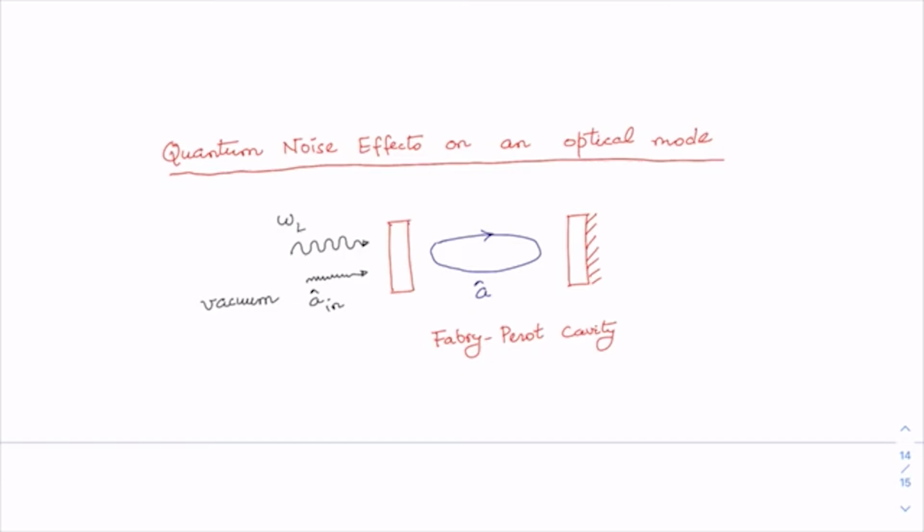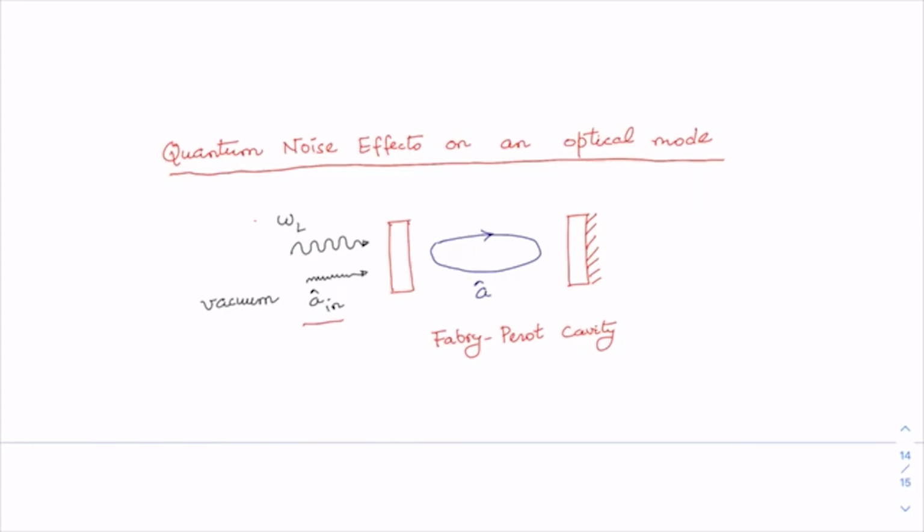This actually comes under the so-called input-output theory as well. You know that the optical mode undergoes damping inside a Fabry-Pérot cavity, and the electromagnetic fluctuation from vacuum outside the cavity injects quantum noise into the cavity. And in the case of cavity optomechanics, the cavity is often driven by a single mode laser having frequency, say, omega L. We will consider these environmental effects for a single sided cavity as depicted here in this schematic diagram,